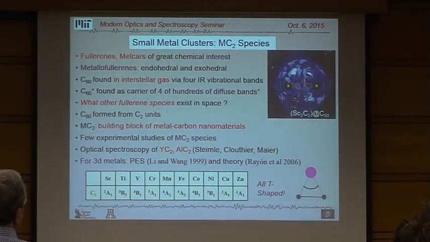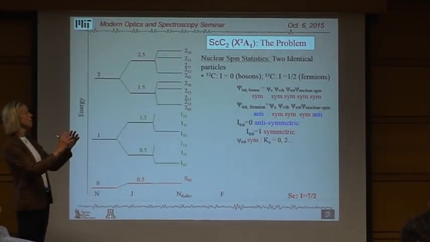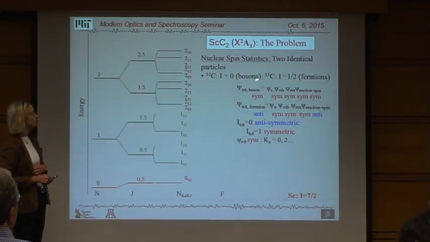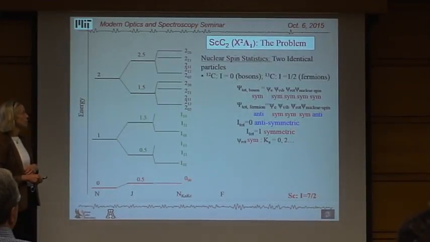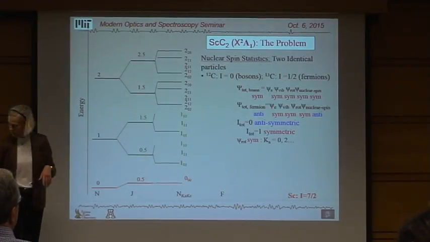And we've just begun this work, and so the first molecule we study is scandium, and I'll talk about that in a moment, more about the experimental work. But scandium dicarbide in this T-shaped configuration as predicted from theory is quite interesting spectroscopically, because you have nuclear spin statistics: you have 2 carbons, they're identical particles, you exchange them. And of course, carbon-12 is a boson, and if you want to get a structure, you're going to have to do carbon-13 substitutions of those into fermions. And so basically,